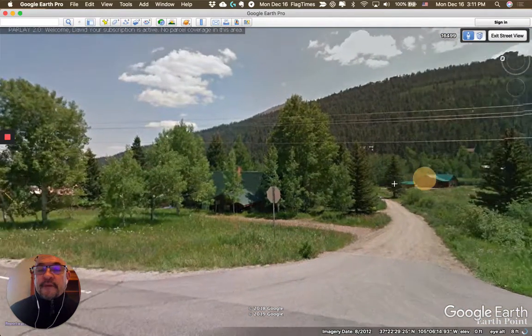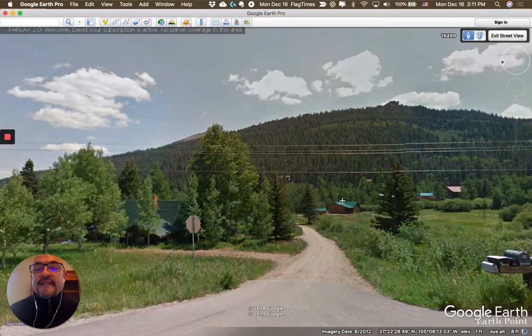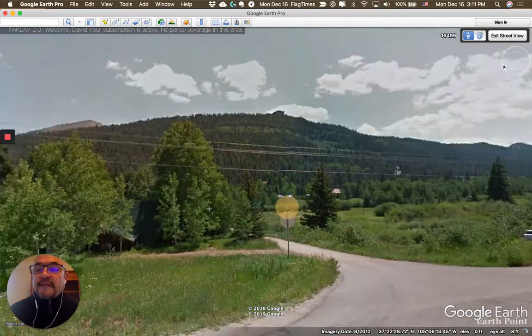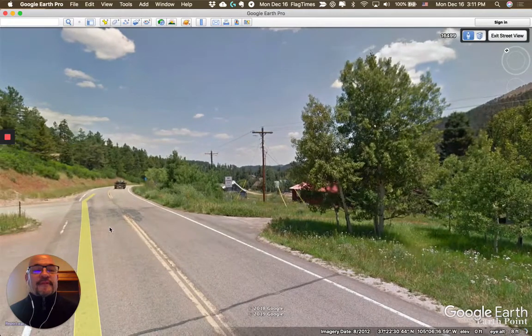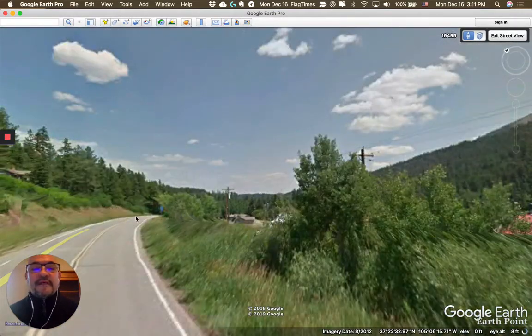There we go. So you can see some pretty nice houses that I can't zoom into that have been built there. That's the crossroad. So you got a really nice private area with a creek, and let's drive down the road a little bit. Now it's letting me,